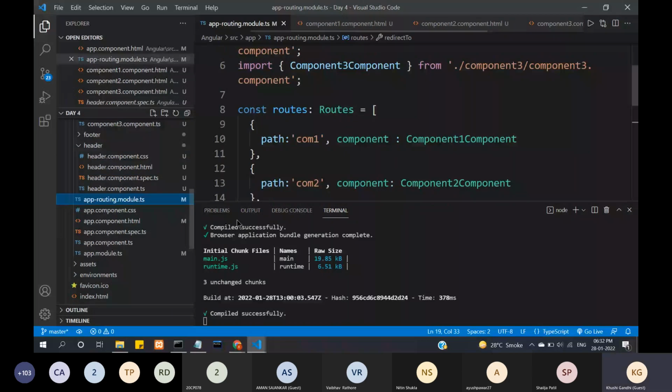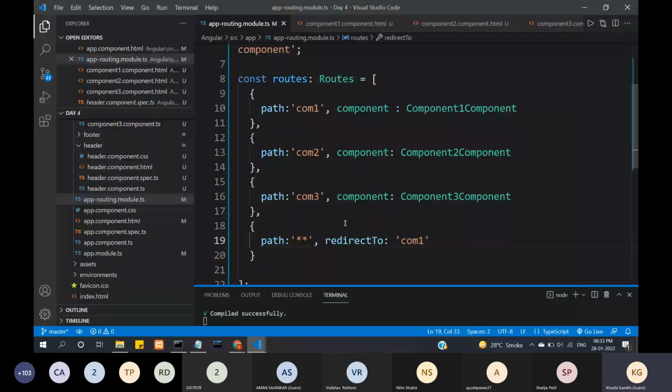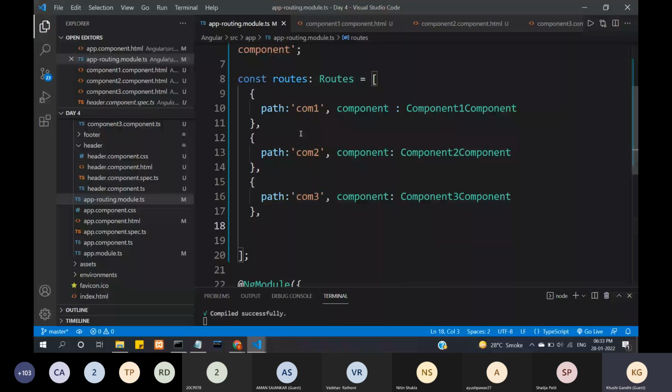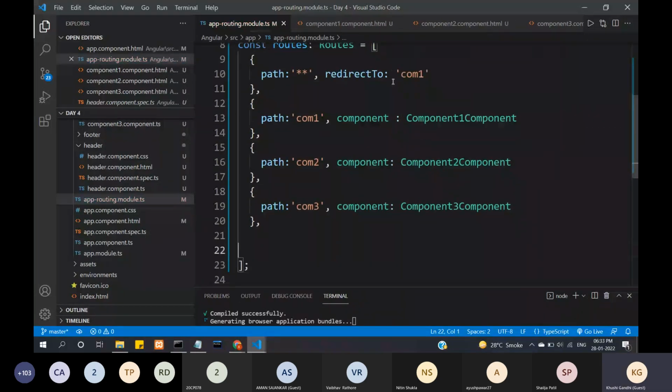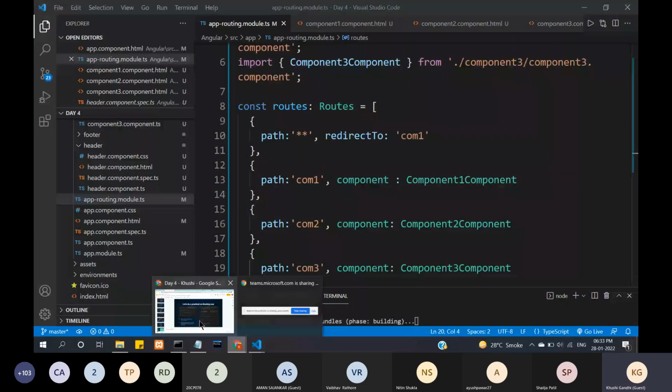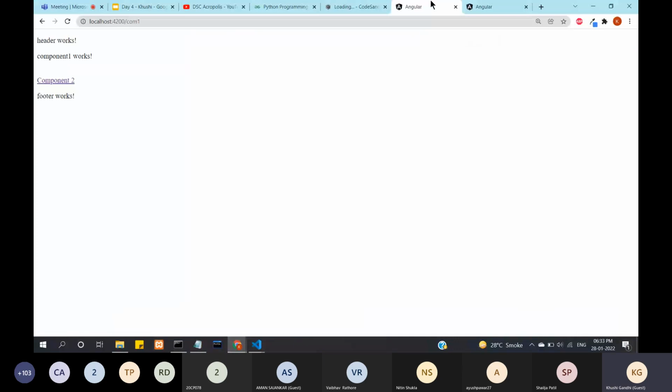The reason I added the invalid or empty path at the end is because if I had added it at the start, let me do it. If I do this, what will happen is that the links won't work. And why? Because it will assume that,